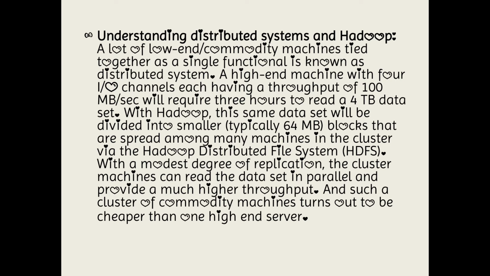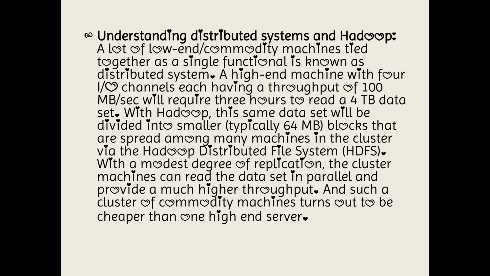See here, in the diagram there are 9 nodes. If any work or problem is given to the Hadoop cluster, it will divide that work into parts. Here 9 nodes are there, so each node is assigned a piece of work. If a large amount of data is there, that data is divided among those nodes, and that is known as the Hadoop distributed file system. Distributed means the work is divided among themselves. That is known as a Hadoop cluster.